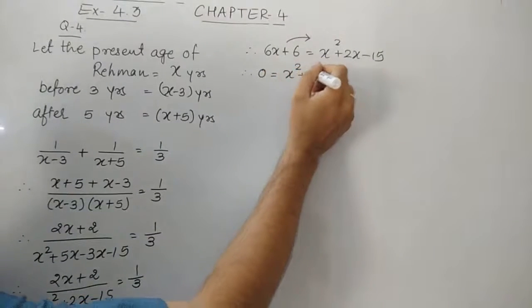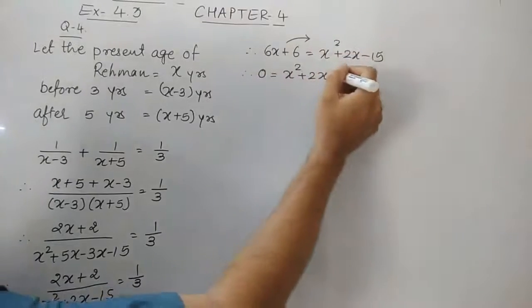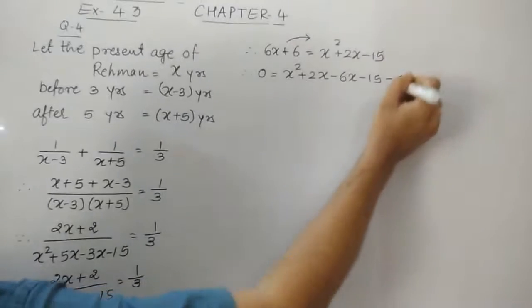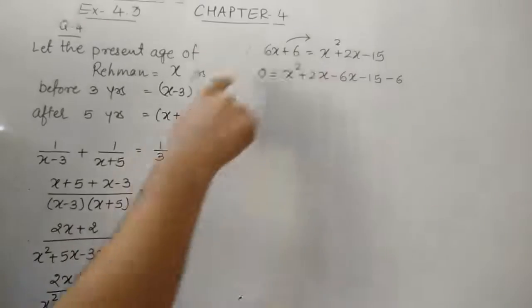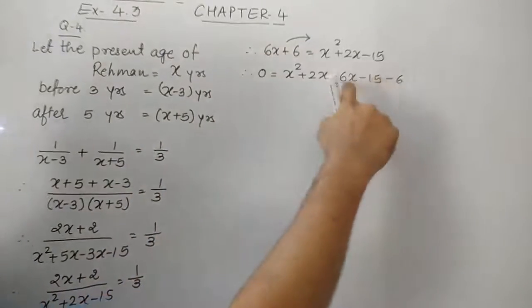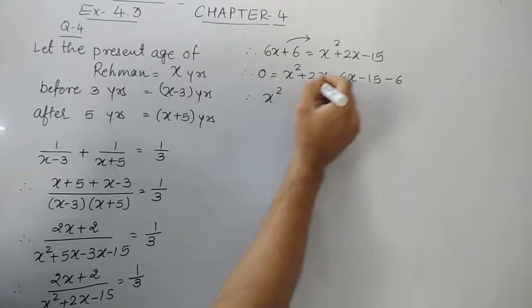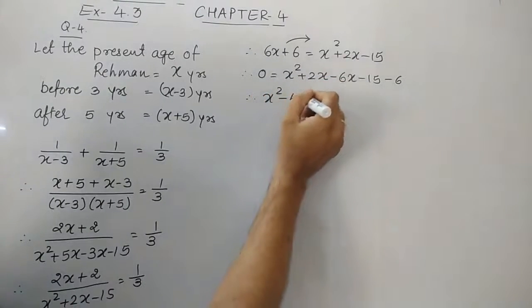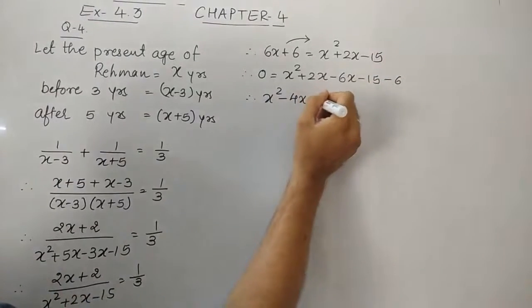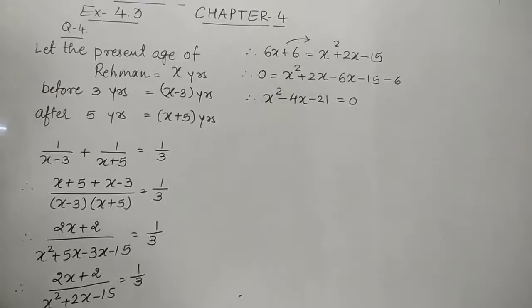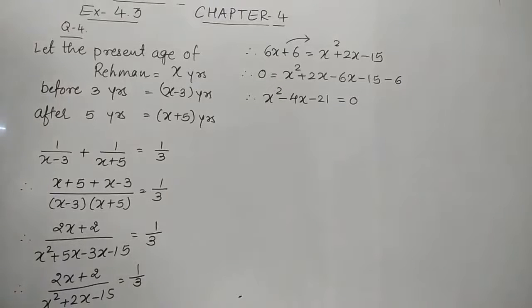We'll write the like terms together. When I take 6x to the right hand side it becomes negative, and when I take 6 to the right hand side, again it becomes negative. So I have changed the sign of both the terms and I have written them with the like terms. So that is x square, this plus minus minus, and again both are equal, the sign would be addition. Now this is the standard form of the quadratic equation we obtain.